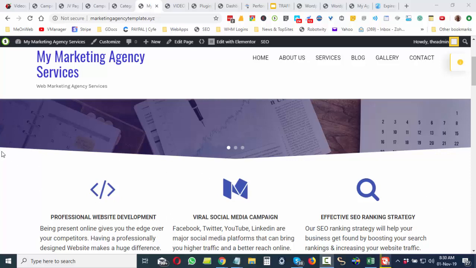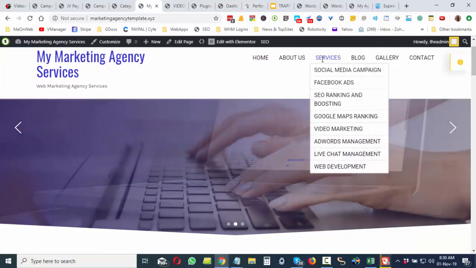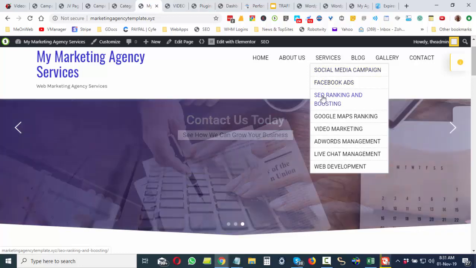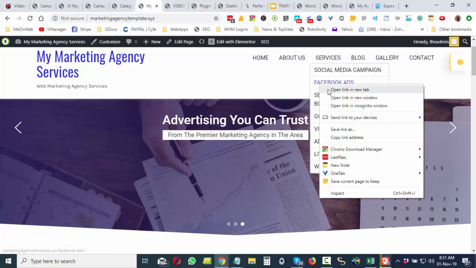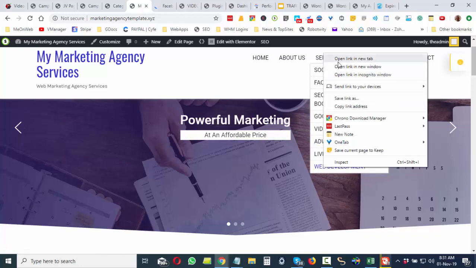Okay guys, what I've got here is a marketing agency theme, and it's already pre-populated. You can see here it's got services for social media campaign, for Facebook ads, for SEO ranking, etc. If I open these up, these are already done, already filled out. Okay, web development, it's a good one. If I just open these up,